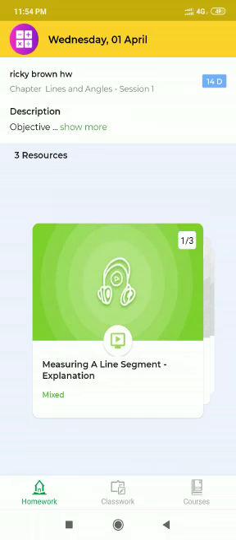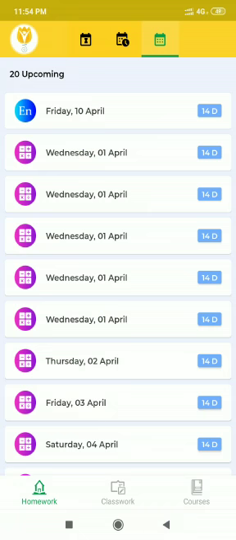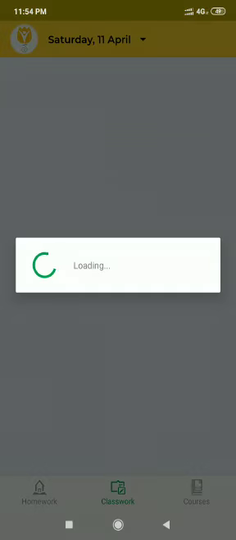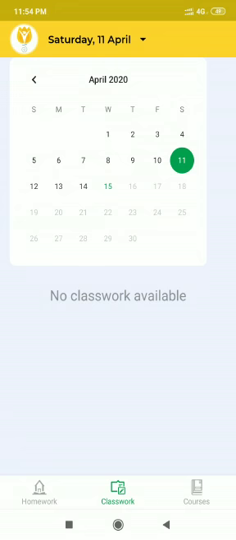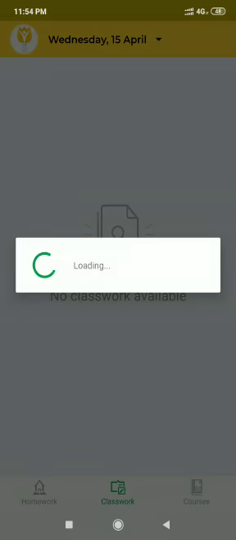Now I'll go back. After this homework you can see there is a classwork, so I'll click over the classwork. Now you click over the date, like today is 15.